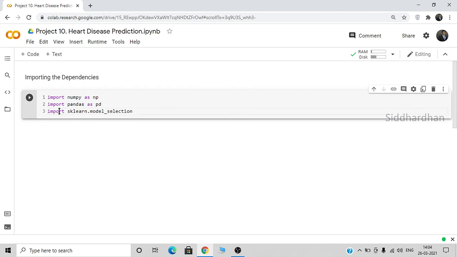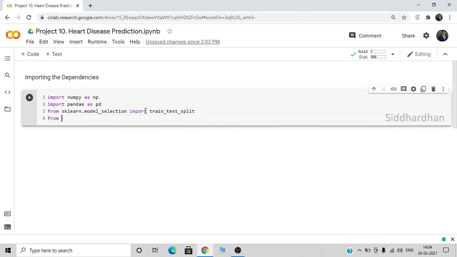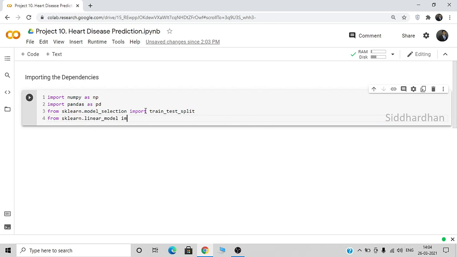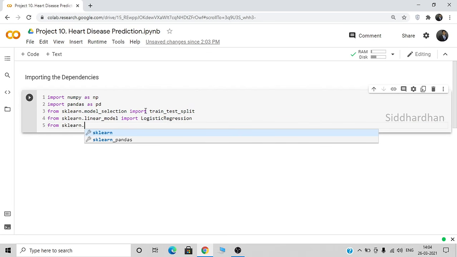Sorry, so we need to give from sklearn. So from this sklearn library, I'm importing a specific function, train_test_split. Okay, and then as I've told you earlier, we are going to use a logistic regression model. So let's import the logistic regression model from sklearn.linear_model, import LogisticRegression. Okay, and finally we need to import the accuracy score from sklearn.metrics,